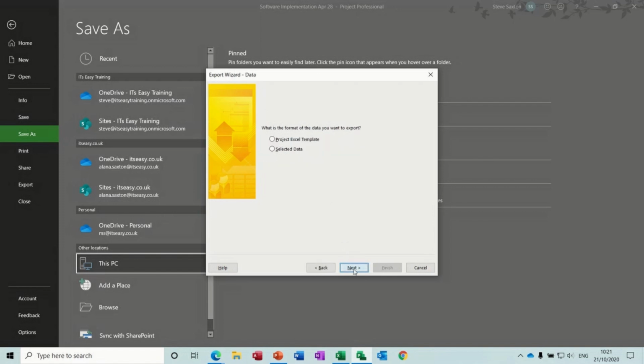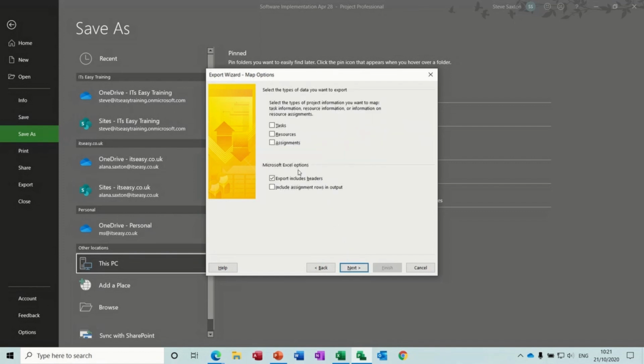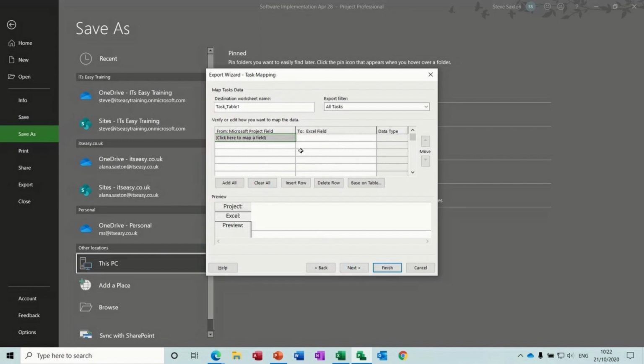This wizard starts, and then you go through the wizard. Let's go to this. I'll create a new map so you can see how that process works. I want to do it just for tasks. If you ticked all of these options, you'd basically get 3 sheets in Excel. But you can do that if you want, but I'm just going to do the first sheet. And then next, and then it gets you basically to map your fields. So the first field is normally the ID field, and then I want name,